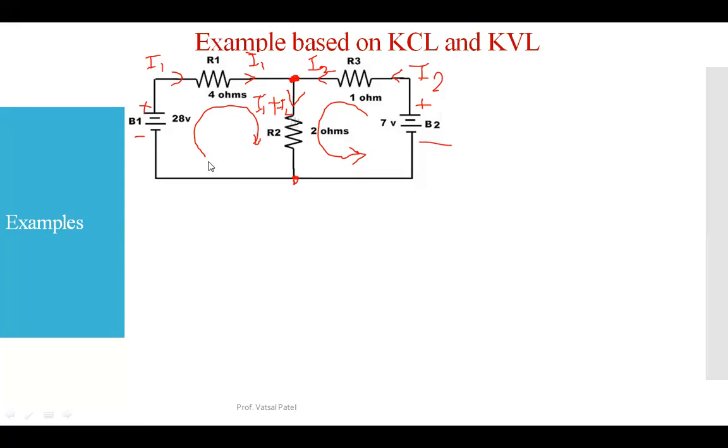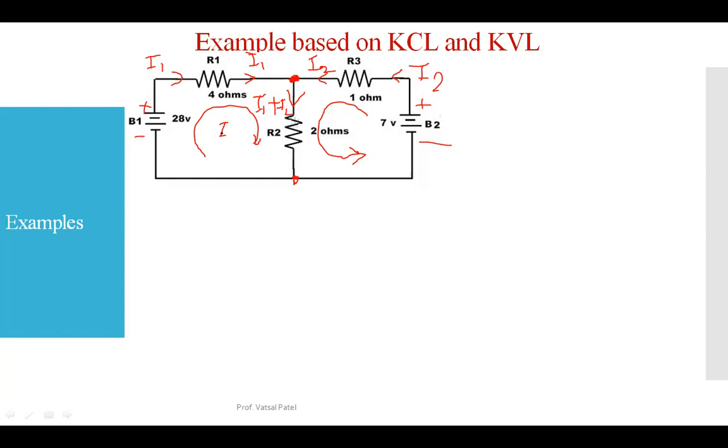See, I'm going to represent this example over here. Like one loop I'm going to use as a clockwise direction and another in the anti-clockwise direction. But the actual solution that I will show you has different directions, so you can understand that you can do this type of example by your own selection of the loop and the direction. Understood?